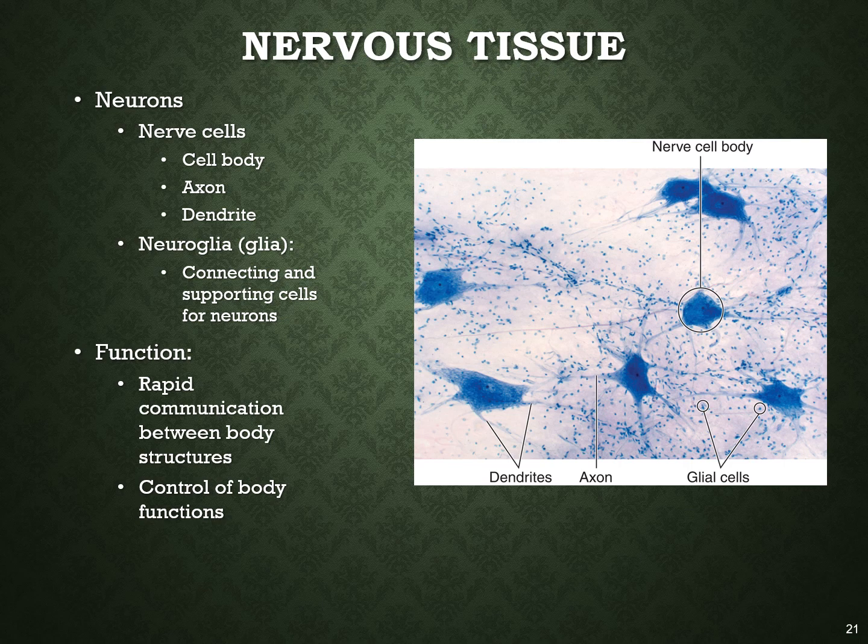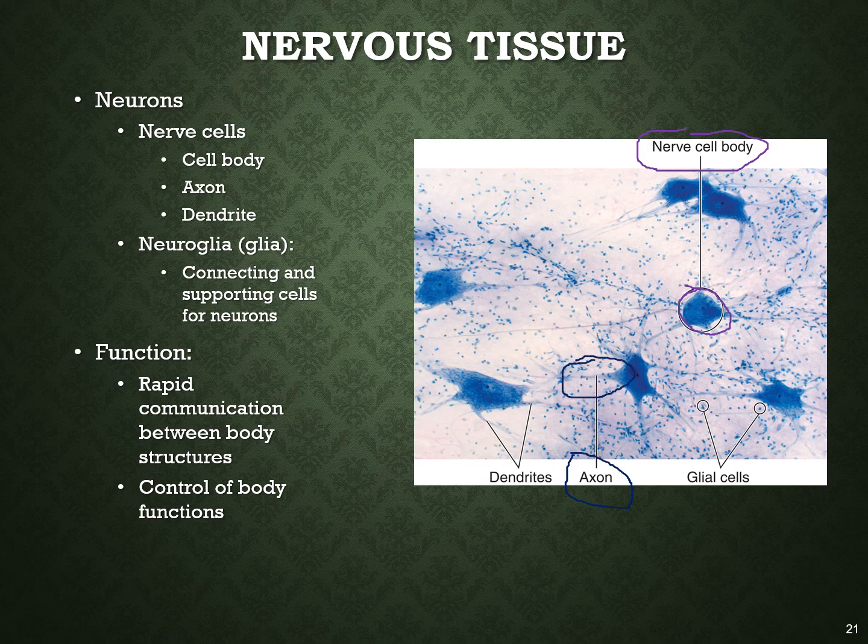The last type of tissue we're going to talk about is nervous tissue. Now, one single nerve cell is referred to as a neuron, and a neuron has three basic components. Now, the body of the neuron is referred to as the cell body, and it's this very darkened shape here that I'm circling in purple. And the cell body has two structures that branch off from it. And the first structure we're going to talk about is the axon. Now, the axon that I'm going to circle in blue here